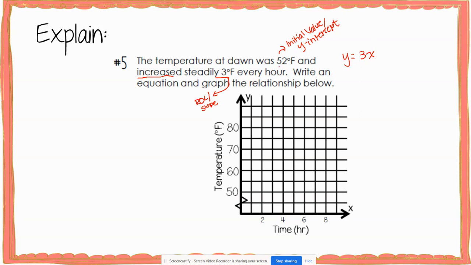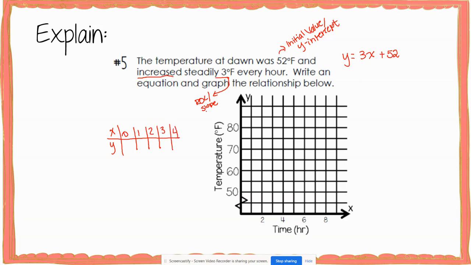Now, since the temperature was 52 degrees and that is above 0, I know that's a positive, so I'm going to put plus 52 for my y-intercept. Now we can just plug in this information on our graph. So you notice that this does not have negative values because we don't measure time in negatives. So for this one, I'm going to start with 0, and then I'm just going to put some points